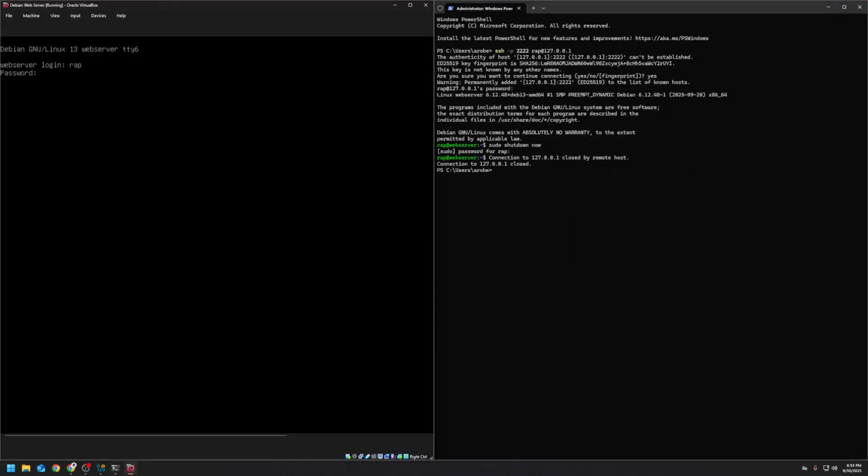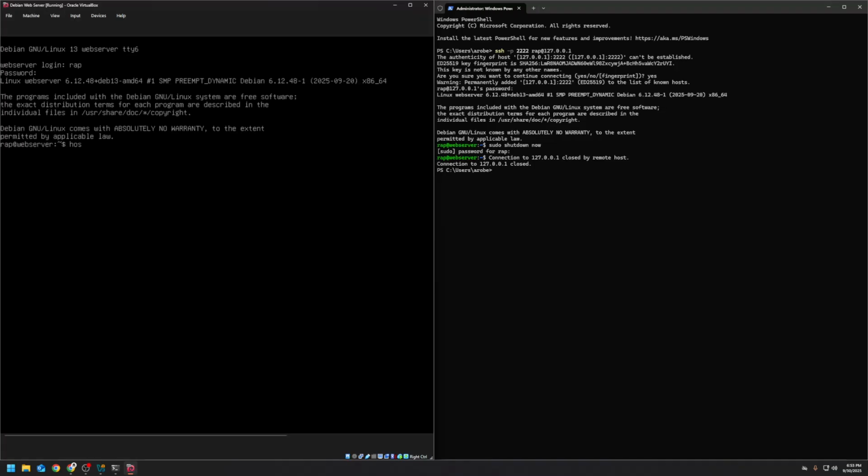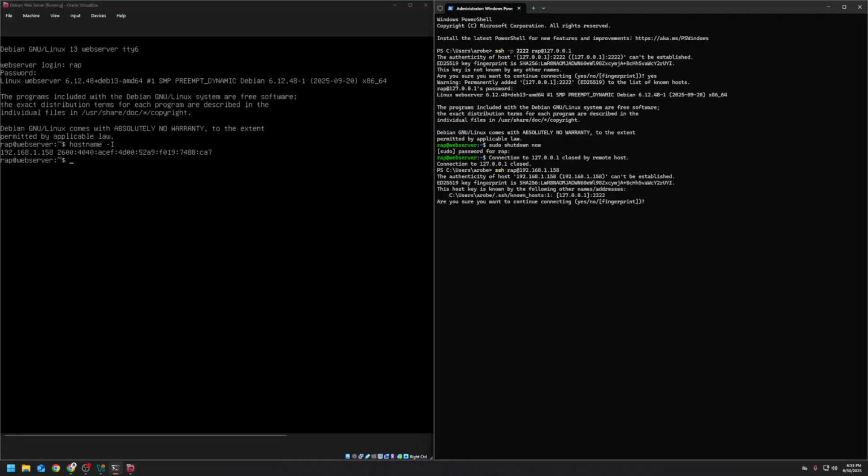Okay, let's sign in. And again, hostname -I. The IP address is 192.168.1.158. So let's go here. Let's do SSH, my username at 192.168.1.158. Type yes, your password,